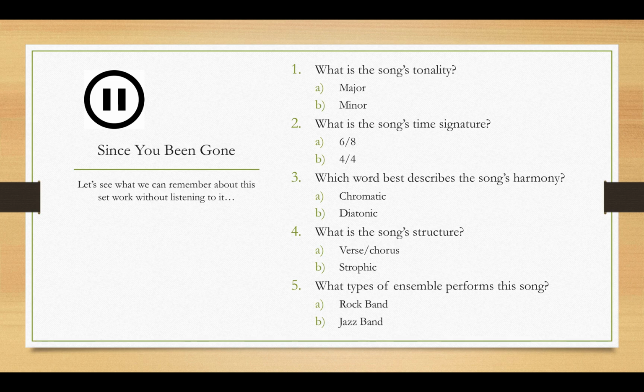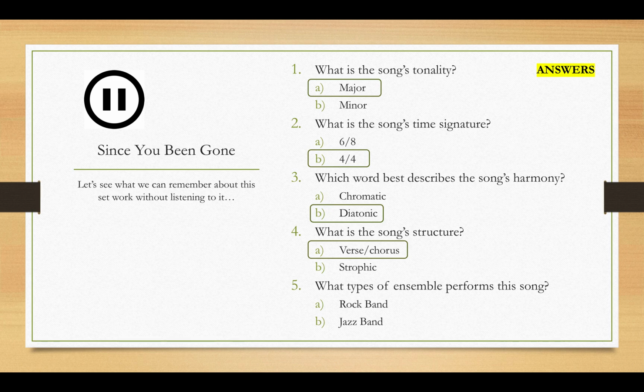Okay, let's see how many of these you got right, and I did give you the options, so hopefully all 5. For the first one, it is definitely in the major key because it's a very happy song. Well, it sounds happy. The time signature is 4/4 because there are 4 beats in a bar. The harmony is mostly diatonic. Diatonic means all the notes are in the key. And the key of this piece is G major, and most of the notes that we have are in G major. The song structure, we did this in the do now, is verse chorus, you know that.